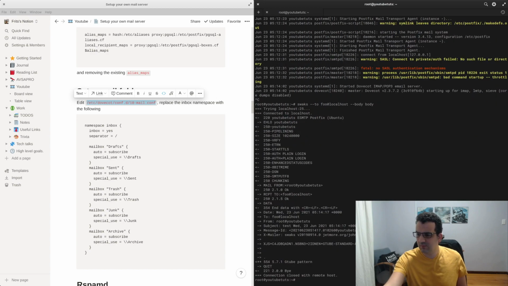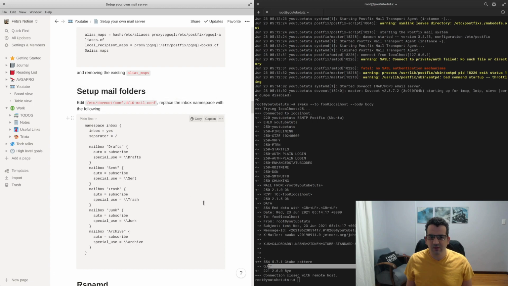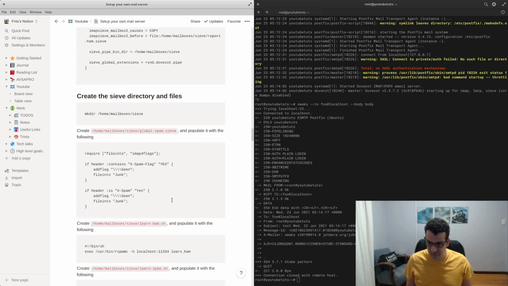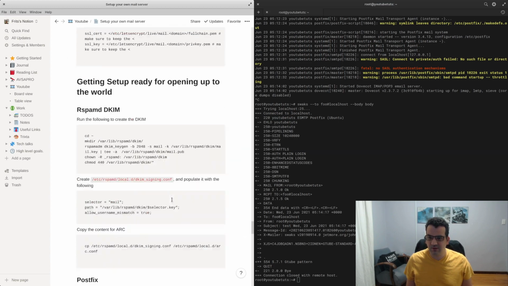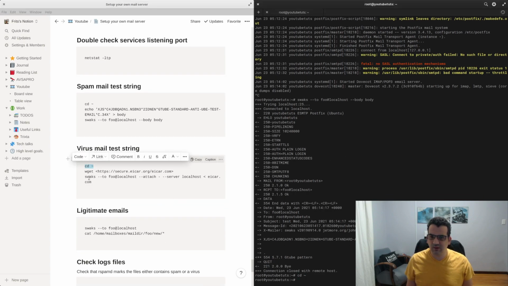Okay, so you'll see what happens is that I've got a G2 pattern here, which means that it was actually sent out to Rspamd. Rspamd came back and said, well, it has a G2 pattern, and they just literally quit and said, I'm not accepting this email, I don't want it because it's spam. Okay, and that's what that G2 pattern thing is. We can test the mouse over here. And then another thing we can do is at the end, if we go back, is we can do a virus test. So the idea is that we have to download